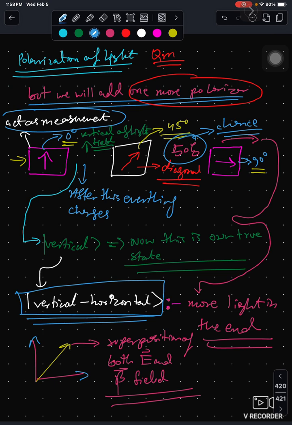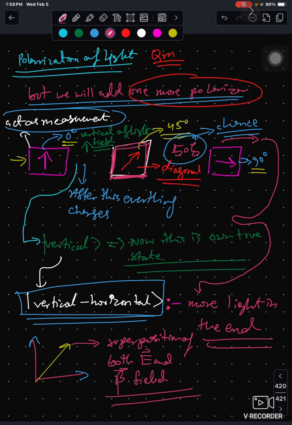This chance over here is the weird behavior of light. Why does adding just one more additional polarizer, a diagonal polarizer, change